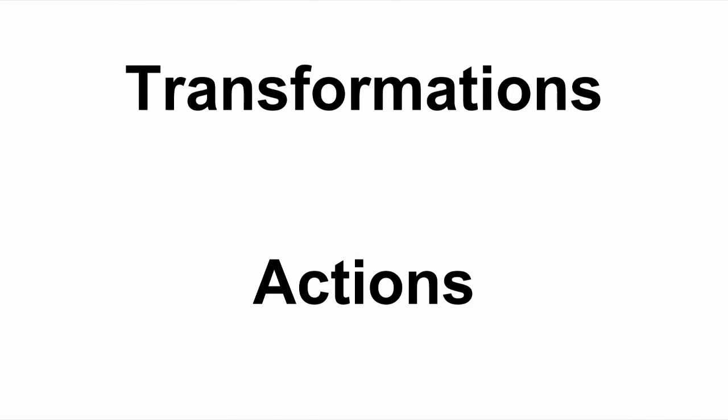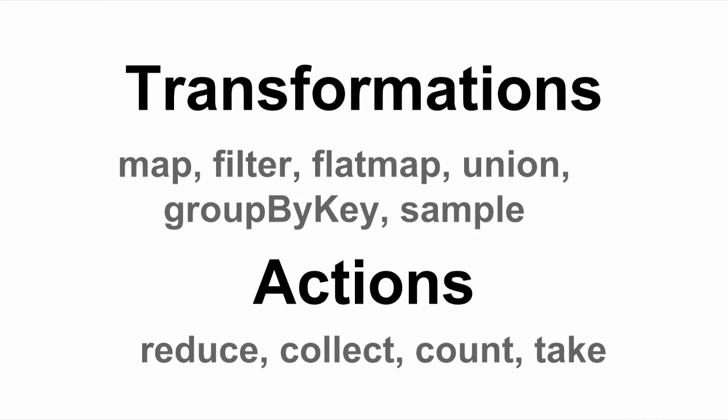On RDDs, you basically have two options of what you can do. You can do transformations, and you can do actions. Here's a breakdown of what you can do in each one. Transformations mean I'm taking all the values in the raw RDD, applying a map to it, and getting a resulting RDD that is the output of whatever that function was, or I flat map, or I filter out values I don't care about.